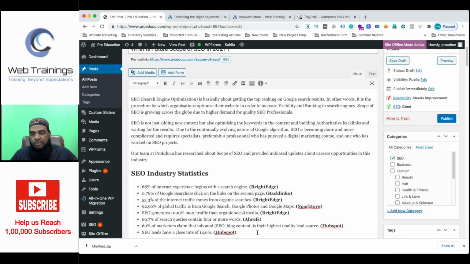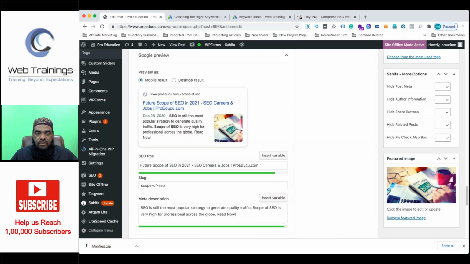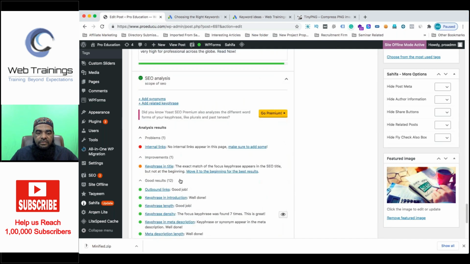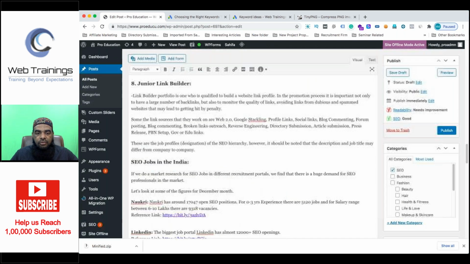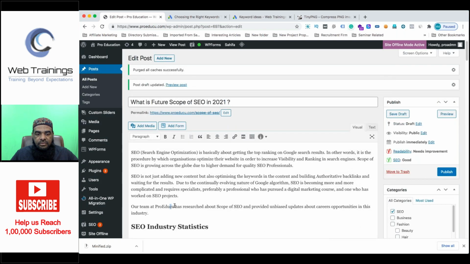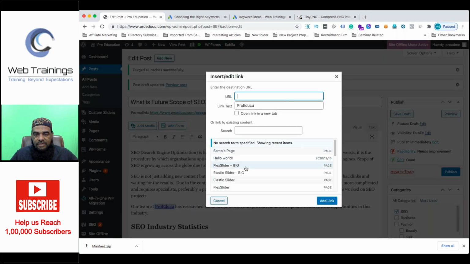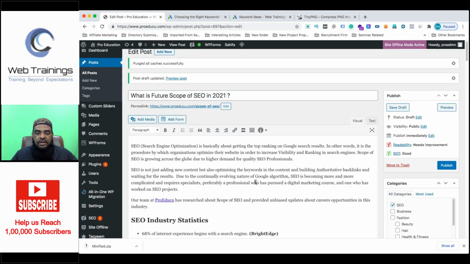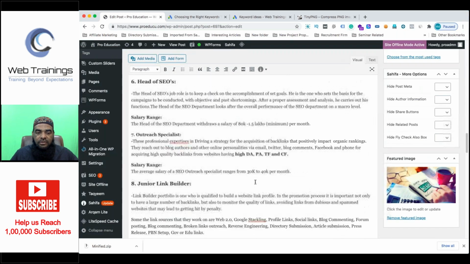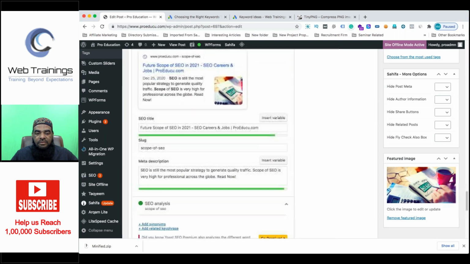Now we are getting the option of good, and look at the options here. In the analysis, I think it should be getting maximum everything. Okay, I have to do one internal linking as I said. So this should be a home page link, because it's still under construction. That's why we have this option. I will link it to the home page. All right, so the internal link is added, but generally we will add links to other topics also, but as of now we don't have many pages. That's why we worked with this option.